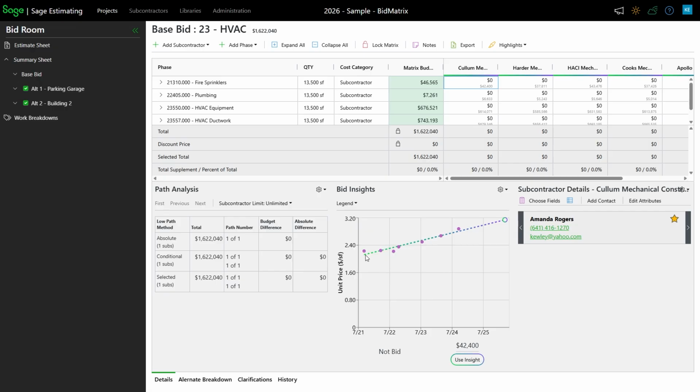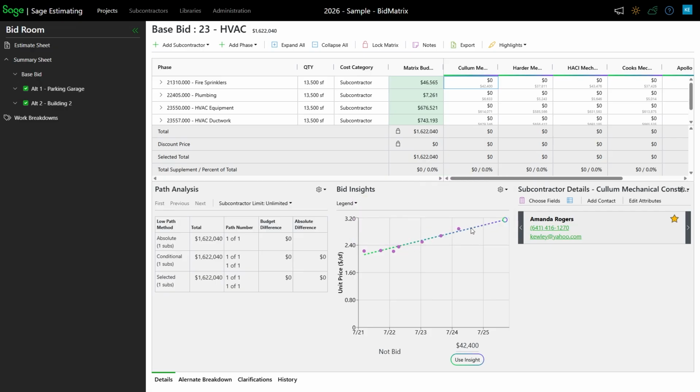So now you'll notice that this is how that insight line was created, basically using the cost price index to forecast it based on some of these older jobs. But if I come back and take a look, I can tell these are basically where the price per square foot has been on each one of these projects. There was that BSI project, there was the Johnson corporate project and so forth. So it's showing what that particular price per square foot was on each one of those different projects that were comparable.